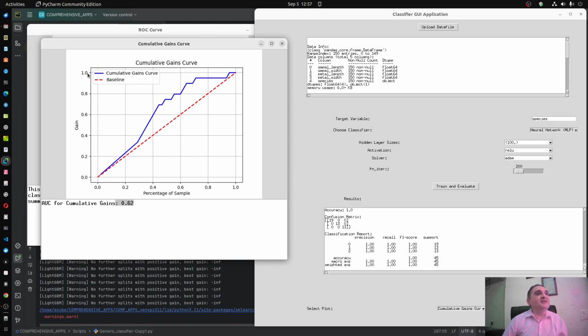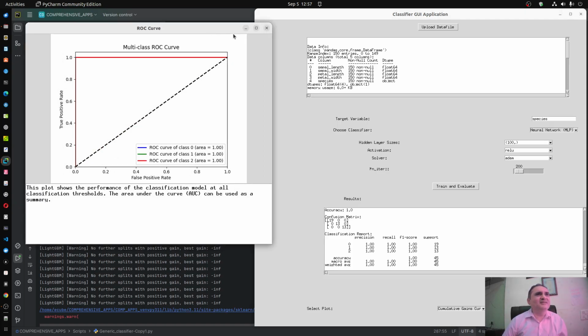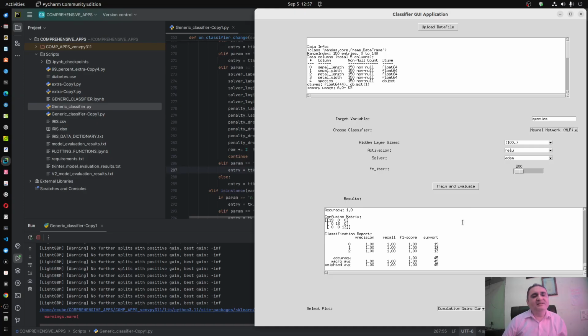Okay, so gain is reaching 1 when 100% of the sample is considered, and we will consider obviously 100% of the train sample in our analysis. Okay, so this was about a simple data set, though it was looking simple, but it has multi-class classification.